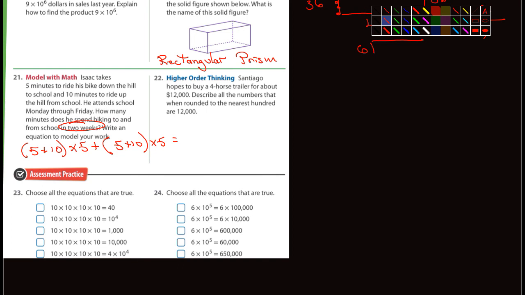And 22. Oh, 22 can be kind of a hard one if you're not good with rounding. And I don't know if I like the way they phrase it. It says Santiago, if I said that right, hopes to buy a 4-horse trailer for about $12,000. Describe all the numbers that, when rounded to the nearest hundredth, are 12,000. Okay, I'm going to just give you the answer here because I'm not sure you guys remember or how much rounding you did. So it would be, I'm going to write down, you guys copy this down here, numbers